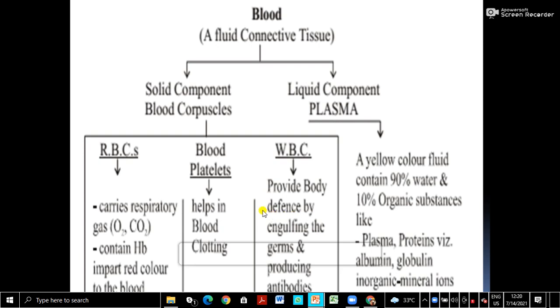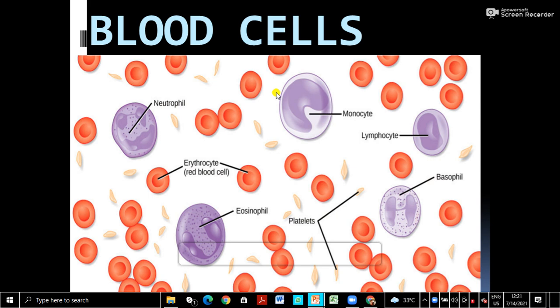So, structure of the blood. If the question is to explain the structure of the blood or explain the components of the blood, you can draw this kind of schematic diagram and you must do it in the notebook. This is the diagram. This image shows the different components, the different blood cells. Okay, so I told you